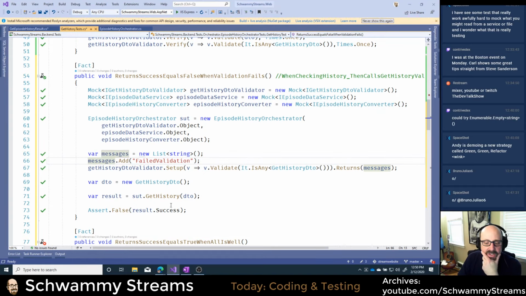Returning the messages, get history, assert false, result.success. So if I don't have this in here, then success should be true, right? So I'm going to debug it because I'm not sure what's going on there.